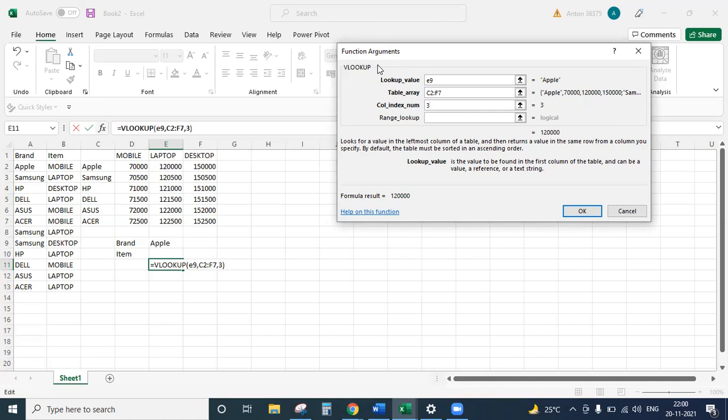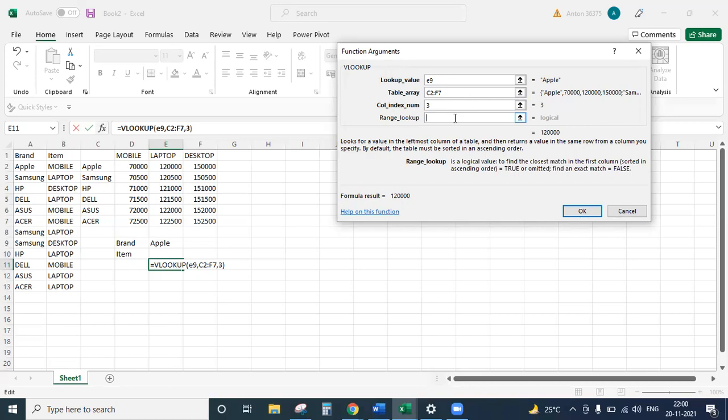See, you have a result. And range lookup is basically true or false. If you want an exact match to your Apple, say false or leave it blank. Sometimes your Apple may be spelled as APPL, so you want a closest match.